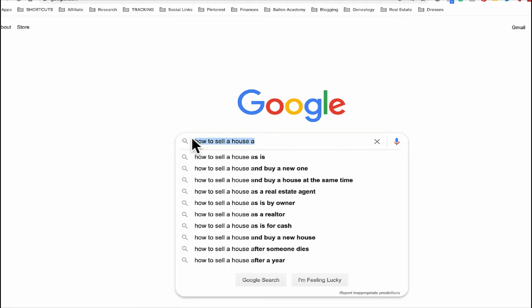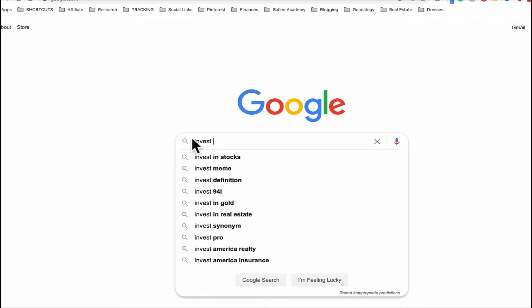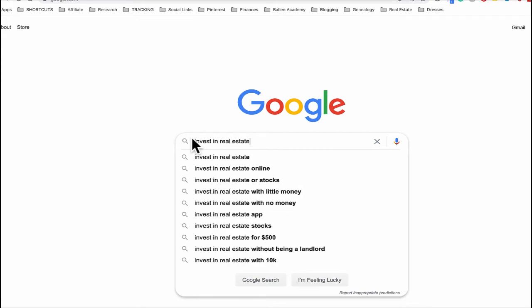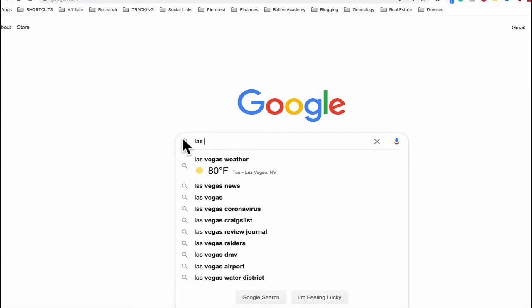You want to work with investors, you could type something like invest in real estate. Okay. How to invest in real estate with little money. Investing in real estate app, investing in real estate stocks, invest in real estate without being a landlord. You can just play all kinds of around with that. And then you can also do your city. So if I were to just start typing in Las Vegas, I could go Las Vegas and then put a space,